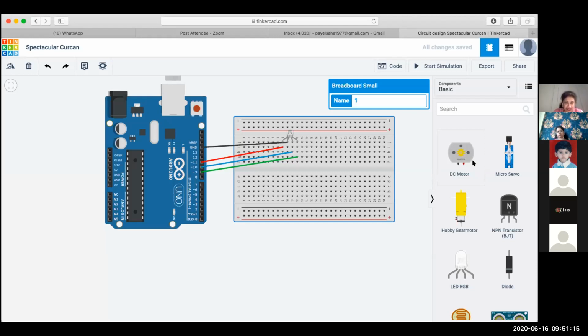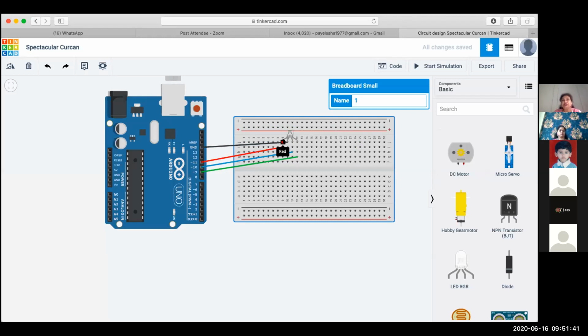Now again, you people have to tell me what value of resistance we need to use over here. Those PWM pins are capable of giving a maximum output voltage of 5 volt, right? In our graph we have seen the maximum voltage was 5 volt. Each of these LEDs, these are individual LEDs, red, green or blue, the forward voltage of these LEDs is 2 volt.